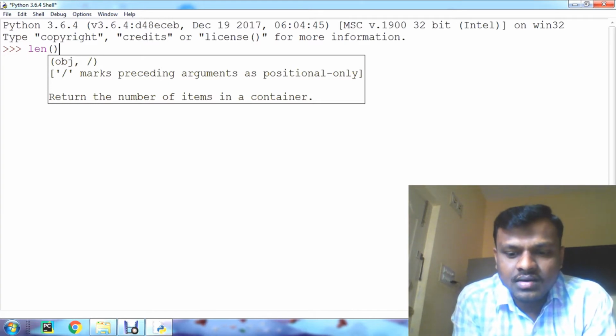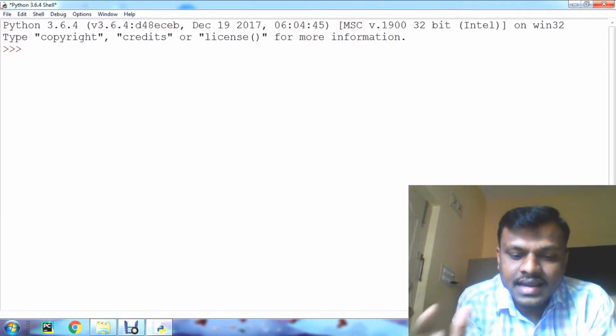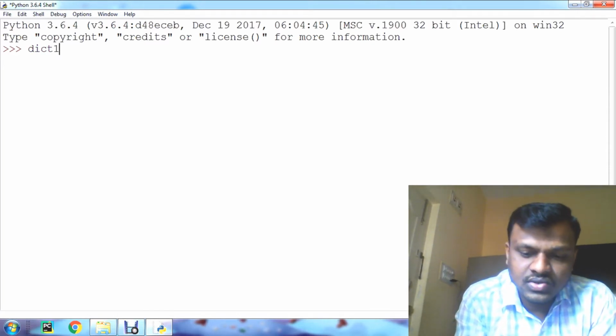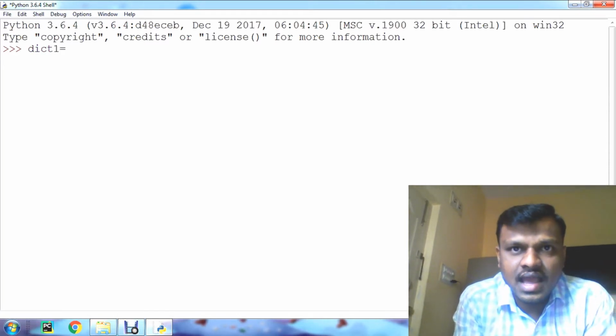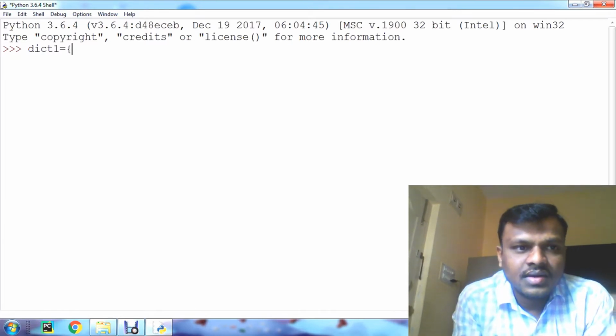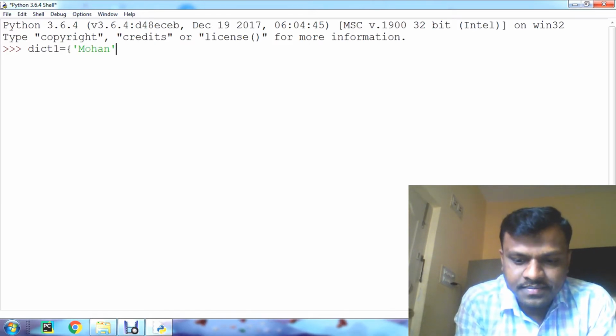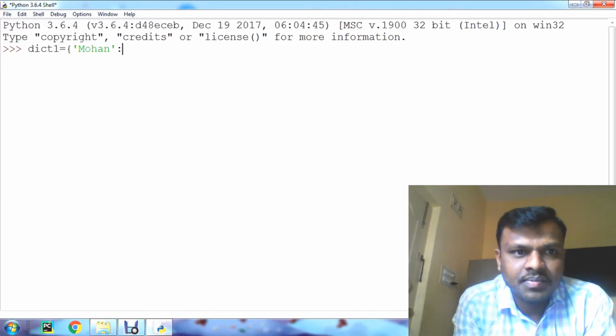So for example, let us create one dictionary called dictionary1. This dictionary has key-value pairs. Let us give the key Mohan, and the key and value should be separated with a colon, as we know.